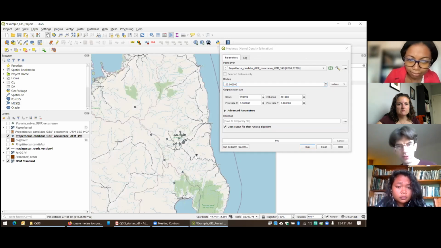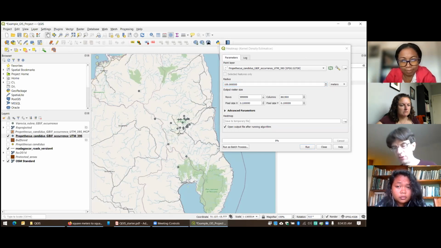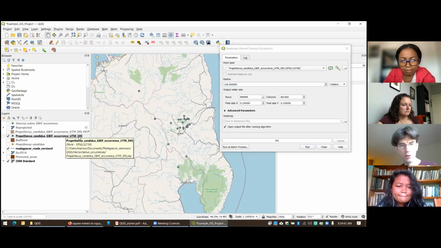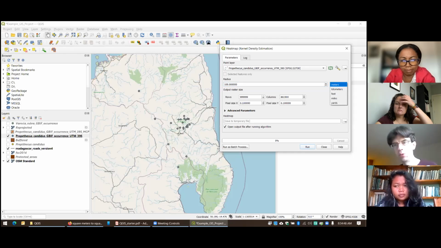So I'm not stuck with the units of the map, which again is in WGS 84, decimal degrees. The units of this are in meters because it's a UTM projection. So how many meters do I want to use? Or I could convert it to kilometers if I wanted to.